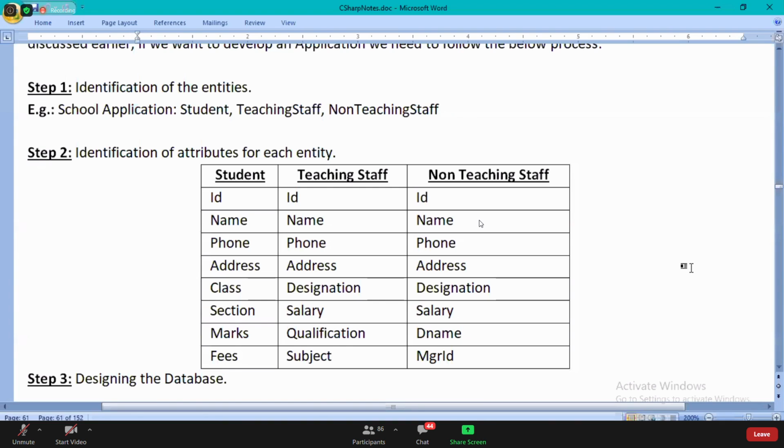Three classes. And in each class, the attributes should be defined as fields. We require to define every attribute in the form of a field.